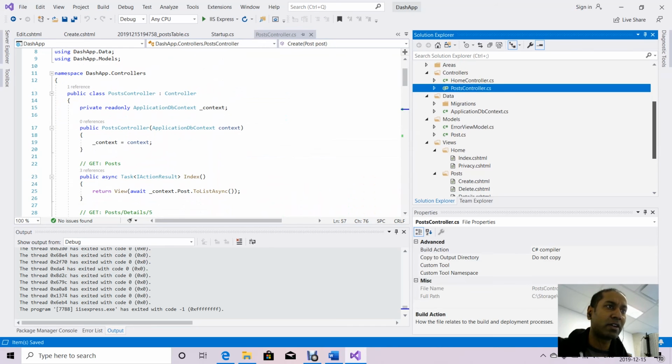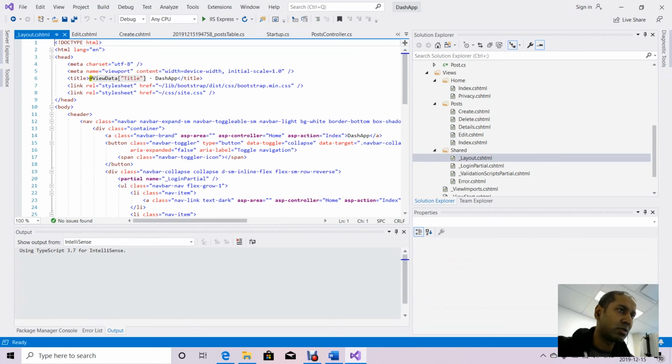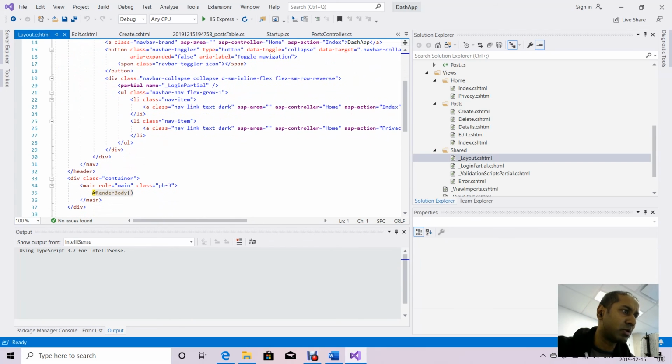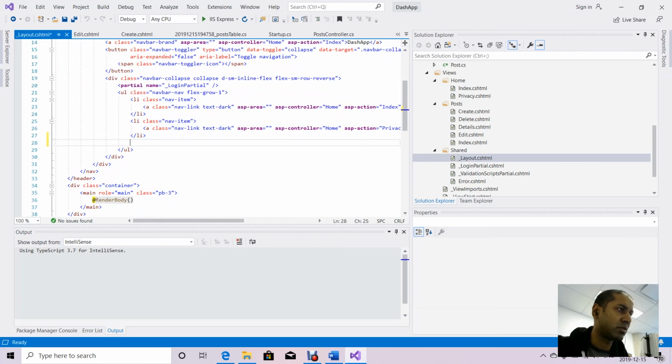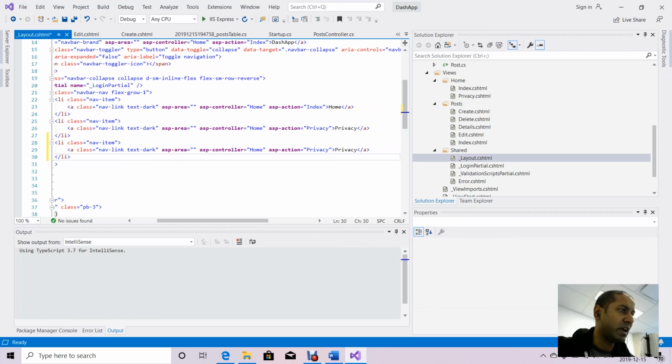And for the sake of things, let's just go back to our main model and go to the layout. And we'll do something interesting. What we're going to do is add a link to our posts page. So here we have the following options in our link. The asp-area: it's not a part of any area because it's not in the area folder. The asp-controller, which we will say is posts, not home, and the asp-action, which is index. And we'll call this